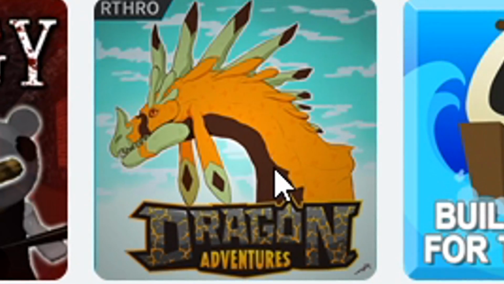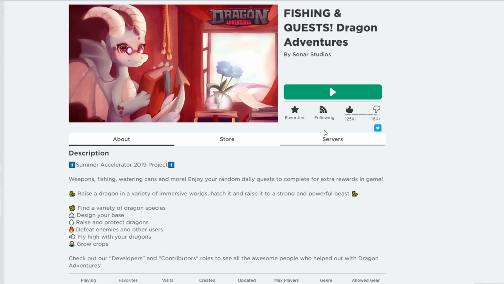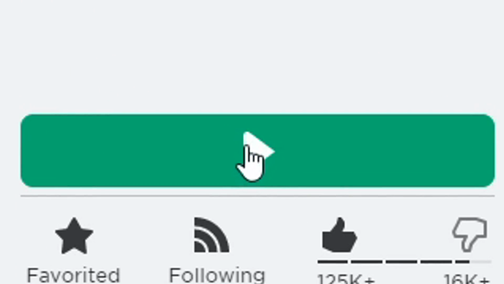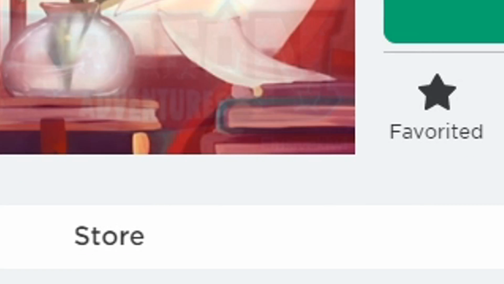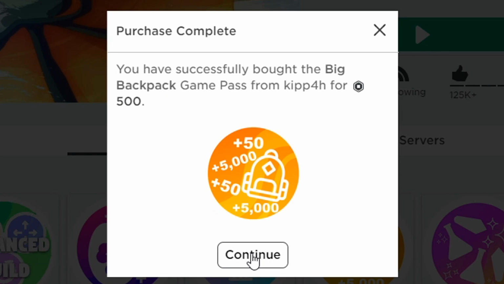So recently I was playing the game called Dragon Adventures. It's a really fun game, not gonna lie. And I was thinking to myself, I need to make a tutorial on everything you need to know about the grassland. And then I thought to myself, wait a second, I don't have every game pass, so I just bought every game pass